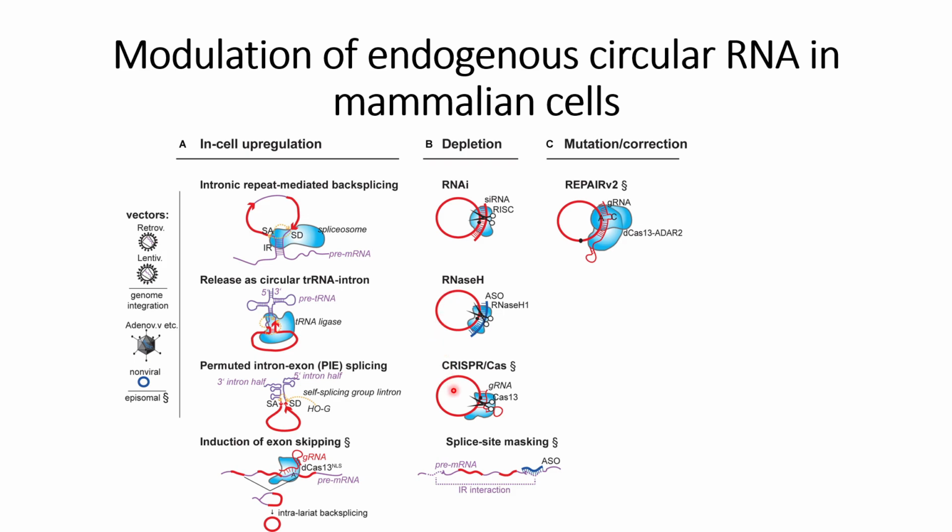The third one is site-specific depletion, to deplete a specific kind of RNA only, not a group of RNAs. In this, we can use the CRISPR-Cas13 system and design the guide RNA to cleave off a specific site of the circular RNA. Another thing we can do is use an ASO, an antisense oligonucleotide, so that it can target only the